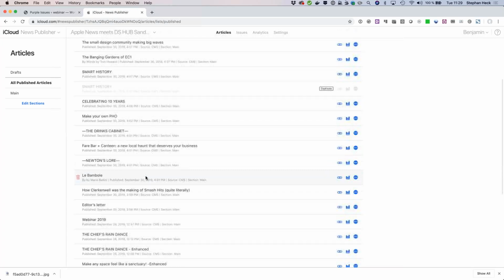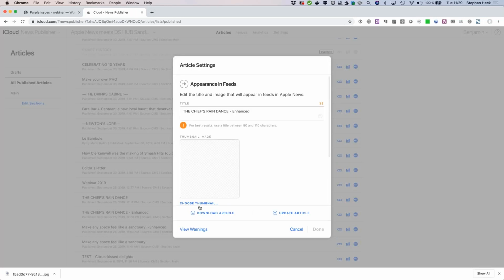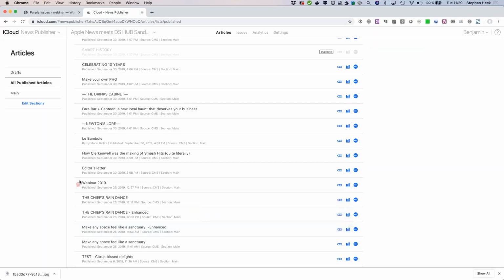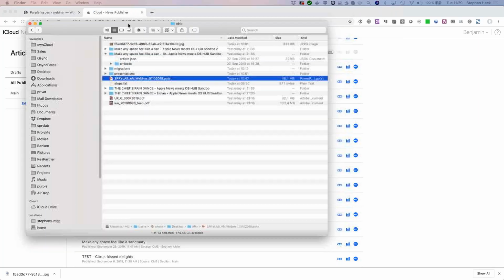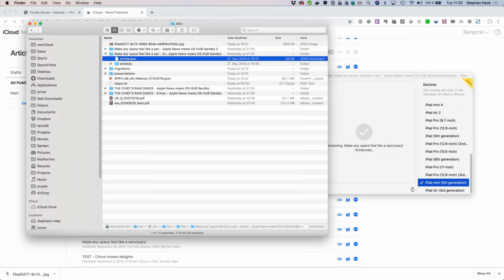There you see the articles we just did. Webinar 2019 is the cover, and then we have our 4 articles below that, and you can download these articles just by clicking here and downloading the article. If you do this, you'll end up with the JSON format Jörg just described. So you have a small folder, as I just showed you here. If you download it, you have a small article JSON, and this one you can just drag and drop into the